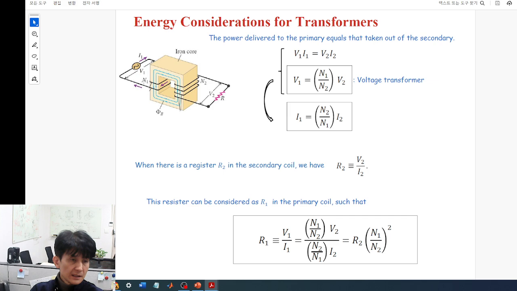If there are N1 number of turns for voltage V1, and N2 number of turns for voltage V2 as an output, then V1 times I1 is the power through this circuit,